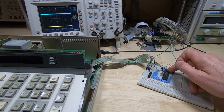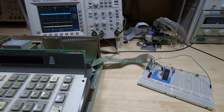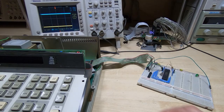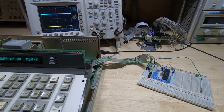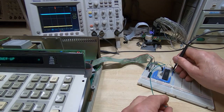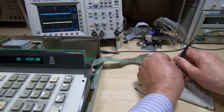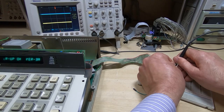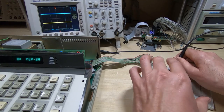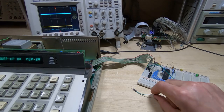It's not a fault with the PIC, and if we just demonstrate that, if I take a 100k resistor and plug that into this pin on the PIC, we can see the yellow channel on the scope, and if I scope the pin on the PIC and then touch the other end of the 100k resistor, you can see that the pin is floating. There's nothing, it is set as an input, so it's not a fault there. It is fully floating, it's drawing almost no current, and yet if I connect the data line,